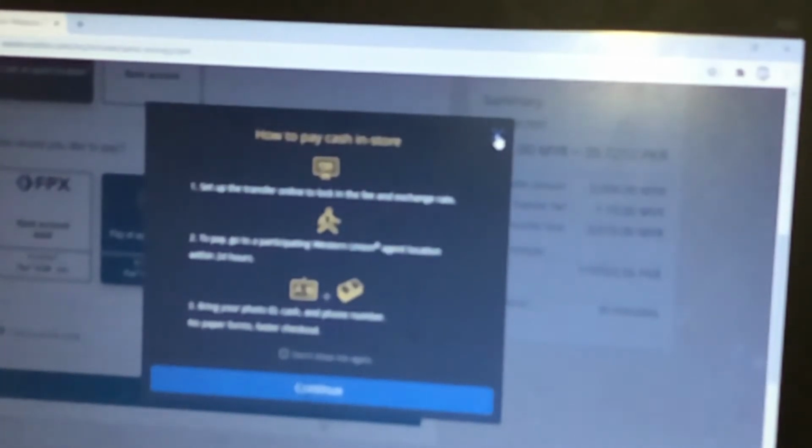So now I want to choose the bank and pay by online banking. So I will cancel it. I will again select the bank account. Here it will show me FPX, and then I will select which bank I want. I can pay by using any bank. So I have a CIMB Clicks account, so I can use that. And if I have a promo code, sometimes Western Union will send you a promo code by email, or if you see any promo code anywhere, you will get some discount. Okay, next is to continue.